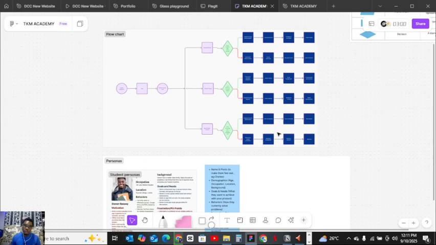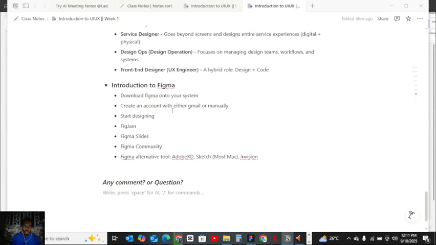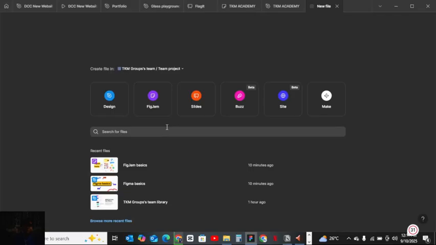So what again have I not talked about? We now know how to download Figma, we know how to create an account, we already know what FigJam is, we know what Figma design is. Now the Figma slides. So you want to create a slide, maybe after designing and you've done your user workflow, you can create a slide. When you click on slide creation, let it load.